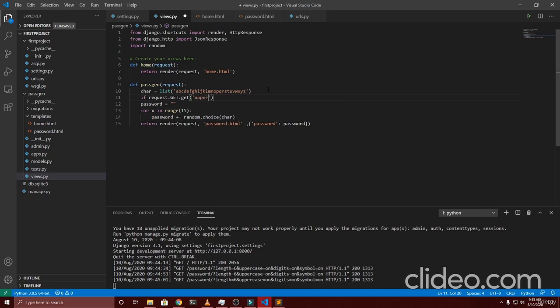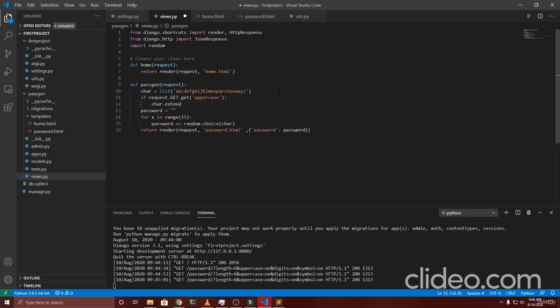If this is selected, then it will perform the operation inside here. And if this happens, we are going to do char.extend